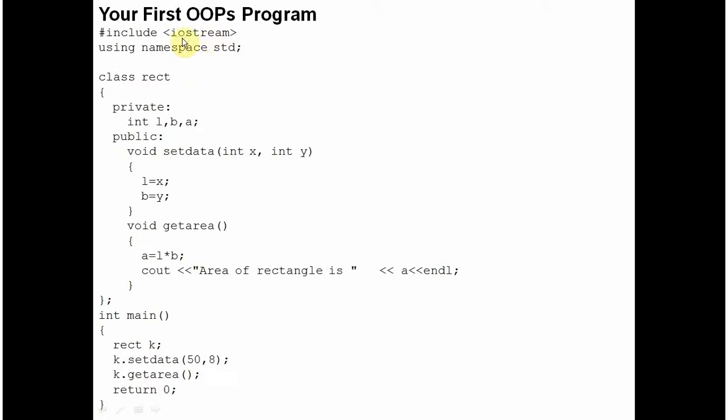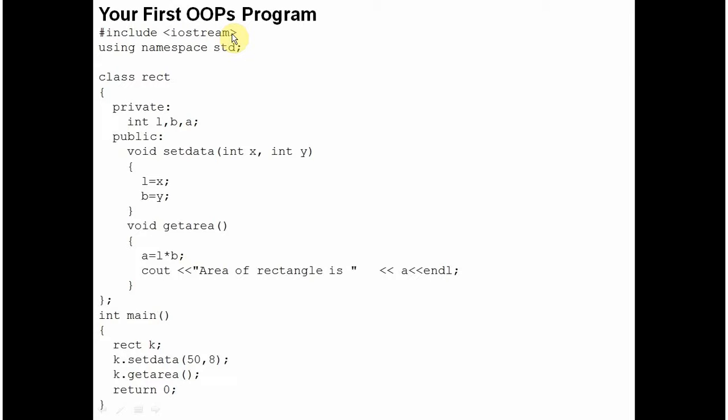I believe that you know the meaning of these two lines. In every C++ program, we have to include this library IOStream, input output stream. It is because the meanings of the commands cout and cin are specified in these libraries. cout is the standard output command, and cin is used basically to get the data from the user.